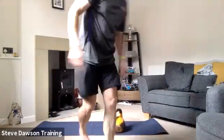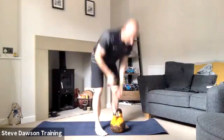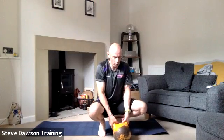So for the alternating lunges, I don't really mind how you do this. If you want to hold the kettlebell like you did for the squats and hold it in front of your chest, you can do. If you want to hold it bottoms up, and then wrap it around the back of your head, which is what I'm going to do, you can do it that way. So basically, like I say, it's entirely up to you. If you want to hold it in the front, you can do. You're probably going to be better off holding it around the back, and it will keep your back a little